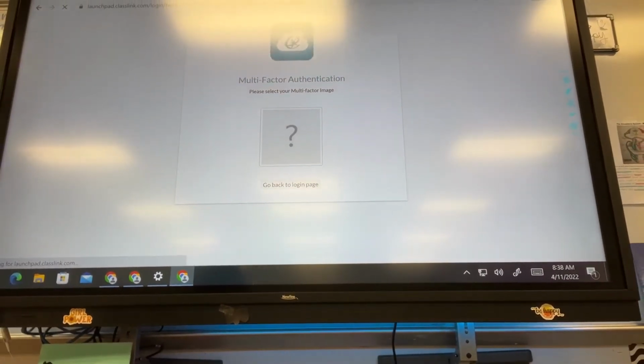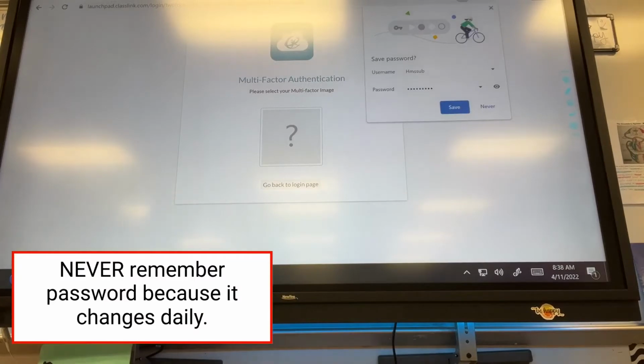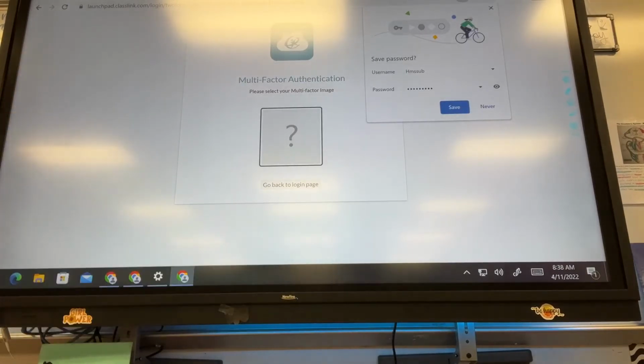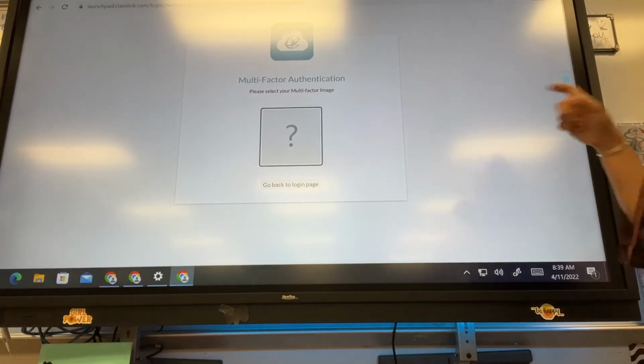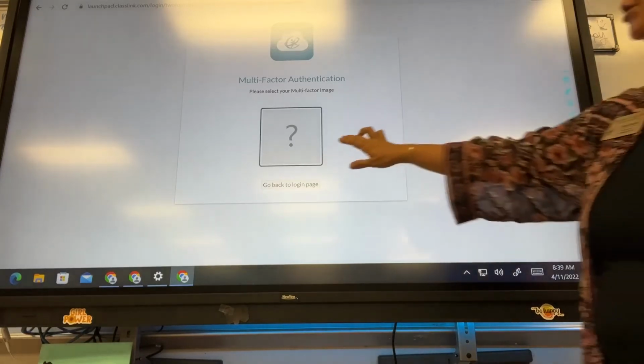Now, for our instance, you will select never. You do not want to remember the password because it will change every day. So hit never. And then this is an authentication. So you will click this and you will select